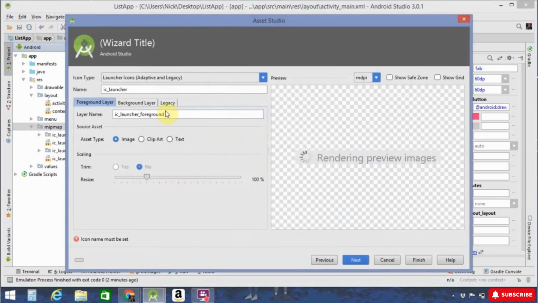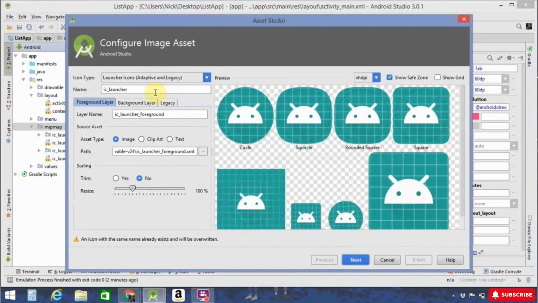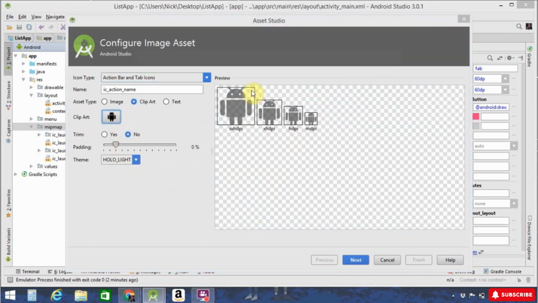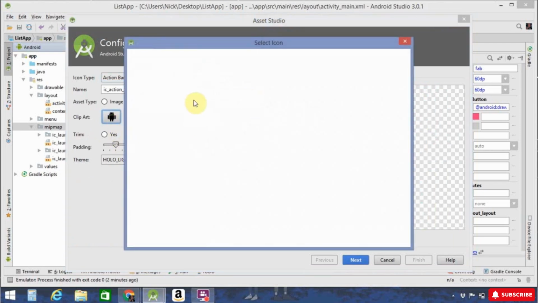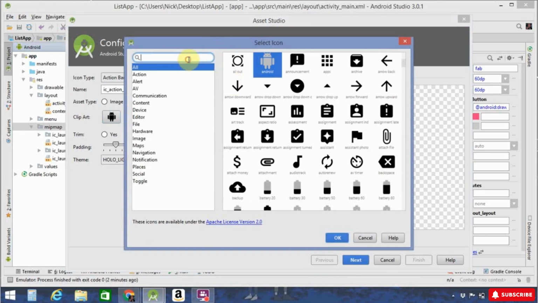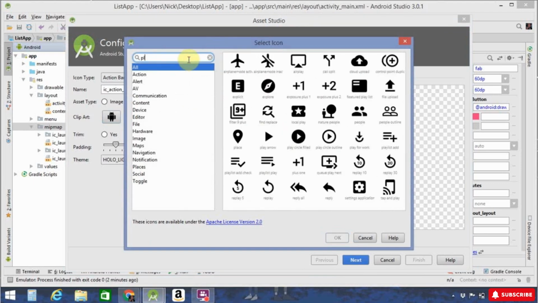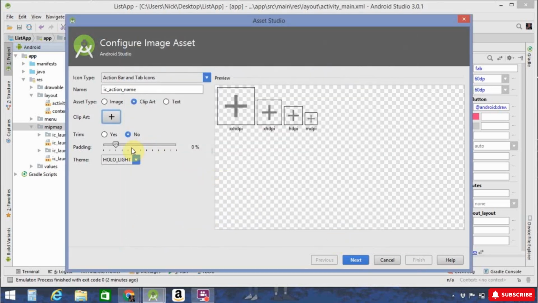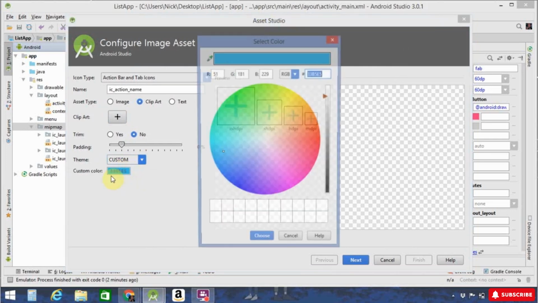So that'll bring up this little wizard here. Go ahead and click on action bar and tab icons, clip art, and then you can just search for plus. It's not that, it's add. So double click on the add, or then go to that. So we're going to want this to be completely white. So go to custom color,